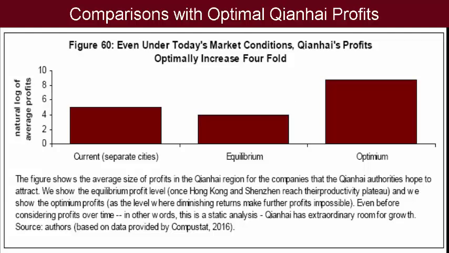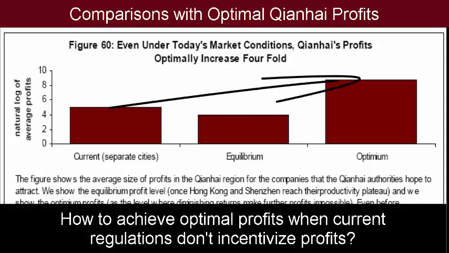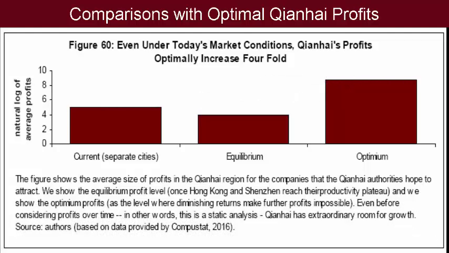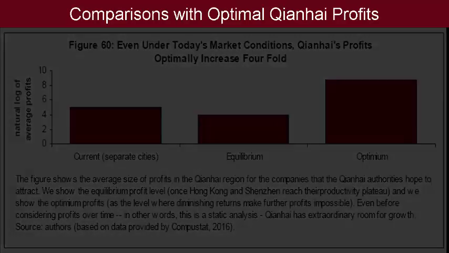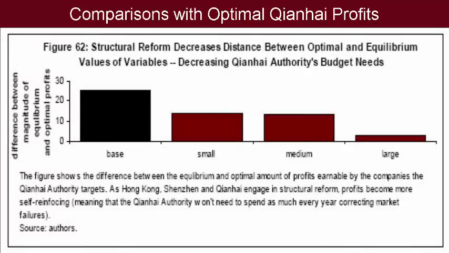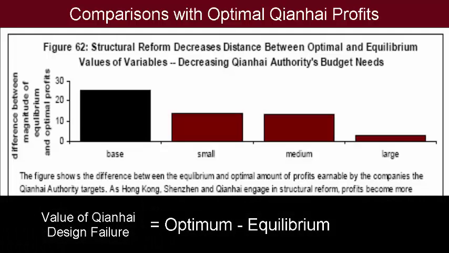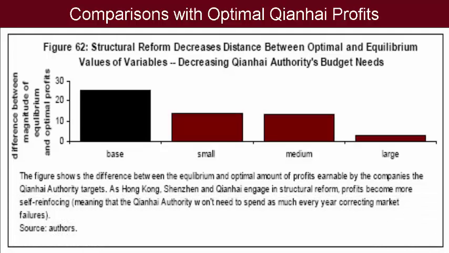In other words, as Qianhai is currently designed, profits will not settle into their optimum. The equilibrium level of profits, that level where profitability has no incentive to change, lies far lower than the level which maximizes shareholder value. Figure 62, for its part, shows the effect of regulatory reform on this difference. If small amounts of regulatory reform decrease the gap between equilibrium profits and optimal profits, large regulatory reform almost obliterates